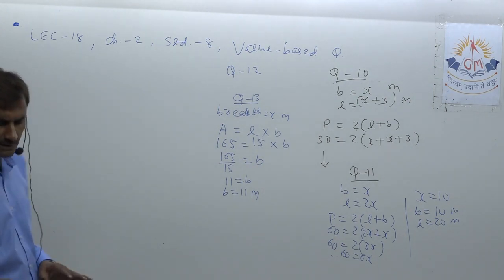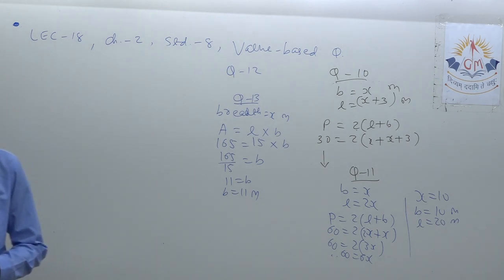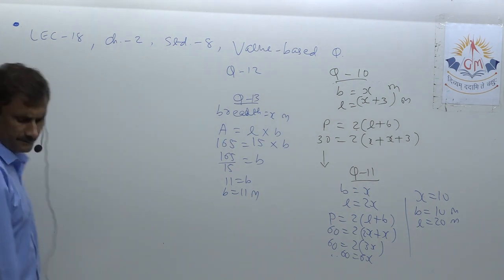14 is already hint given. Just sum of all angles of a triangle is equal to 180. So you will have x. After getting x, just place it everywhere, so you will have all three angles. Now I give few sums as homework. Okay, let's see a few more sums. No problem.